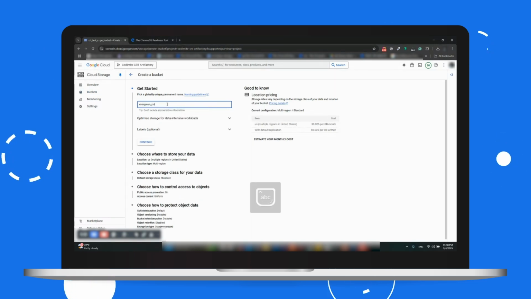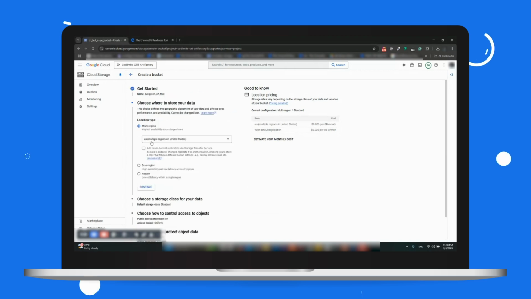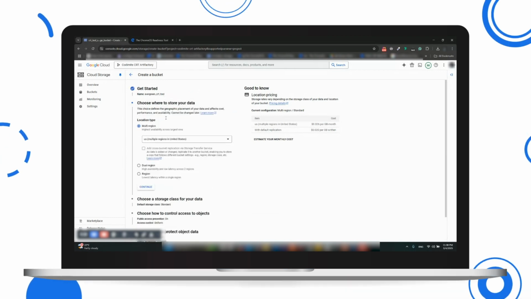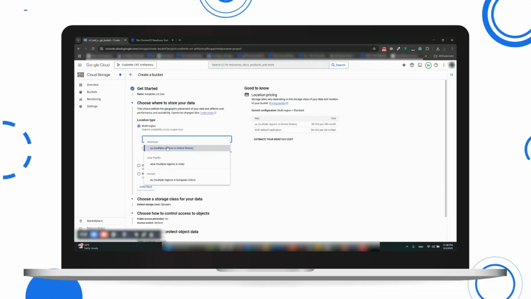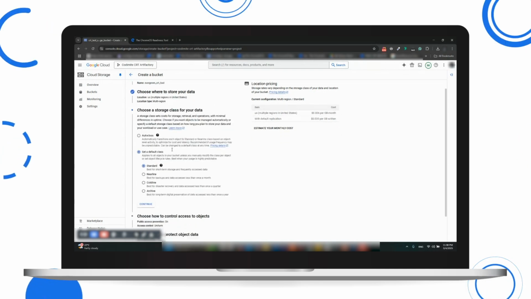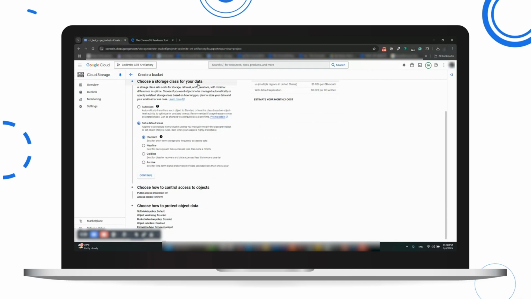Enter the name of your storage bucket, then click Continue. In the next step, you'll select the location type for storing your data. Google provides default settings here, but you can adjust these if needed. Click Continue to proceed. Now, choose the storage class for your data and click Continue to proceed to the next